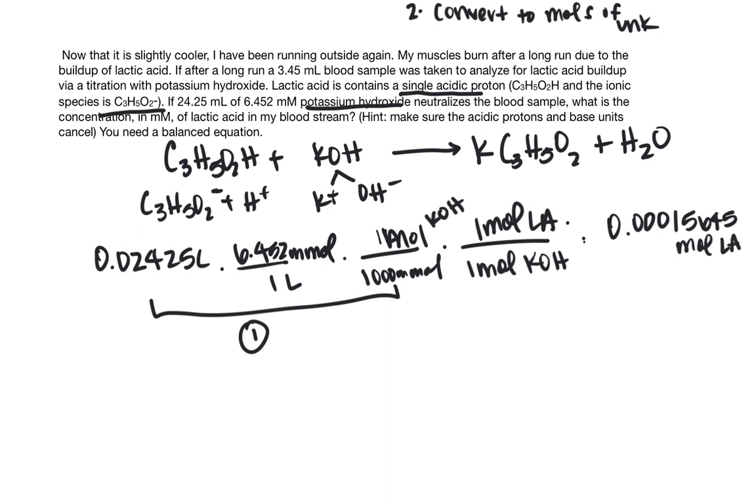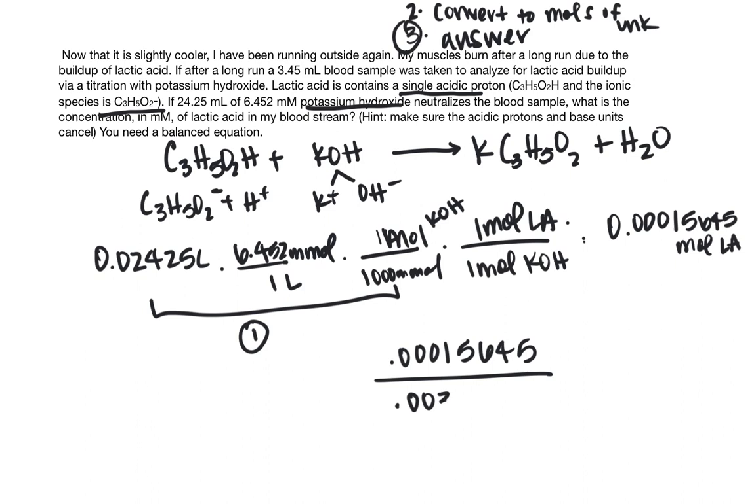And so it's going to ask us to determine the concentration. So that's step 3. We're just going to say answer. Sometimes it'll ask for something slightly different. So I'm going to take my 0.0001565 and divide that by 0.00345 liters. It's moles. And so this is going to give me